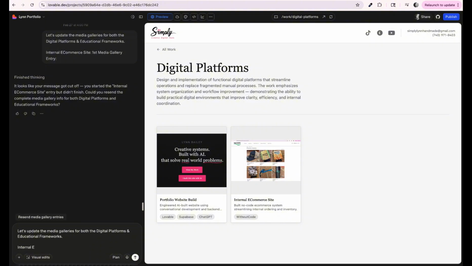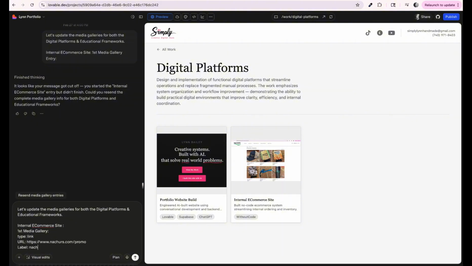Okay. Anyway, as I was saying, I don't think I have to put on there that it's the first media gallery entry. I think it'll understand the flow, but I'm going to make sure I'm not assuming anything either. First media gallery entry. Okay, so for this one, I'm going to have it link directly to the actual site that I built, because that company is still using that site. So I'll be able to link right to it so people can check it out, which is kind of nice. Label, Nature's Alpine Solutions,